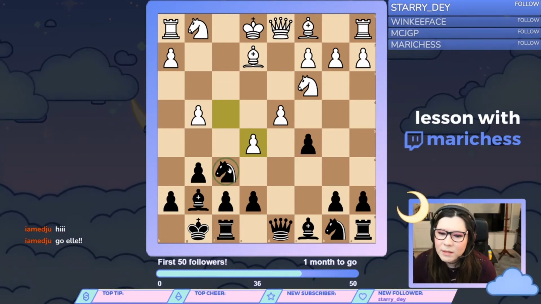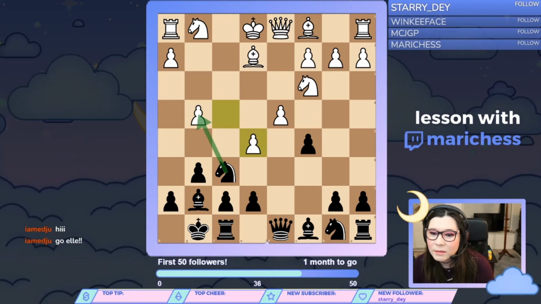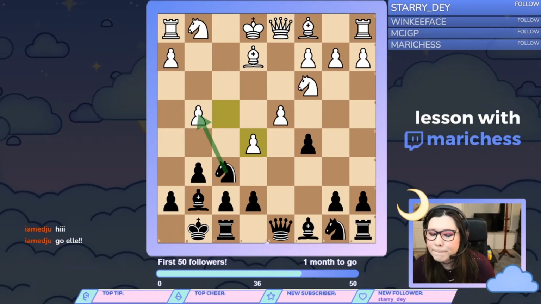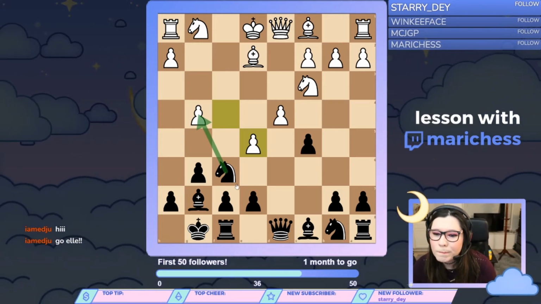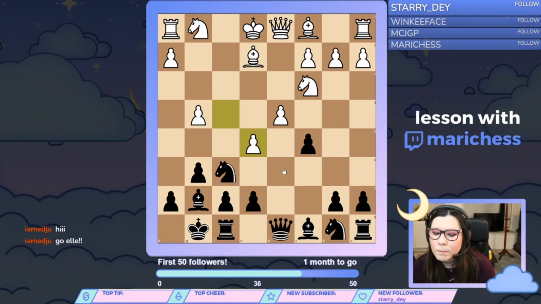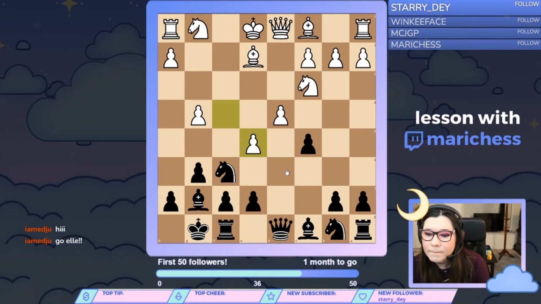I mean, we can just take this pawn, right? Well, it's protected twice. Oh, yeah, by the bishop and queen. There are several good moves here. One really stands out to me because it's so thematic, but...